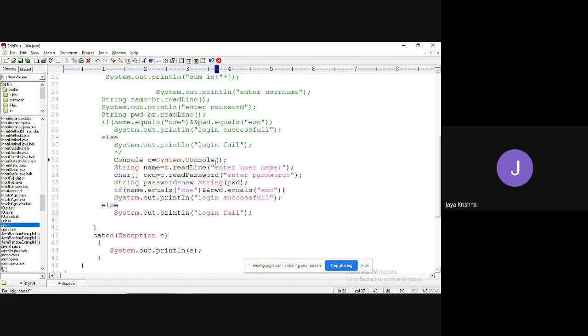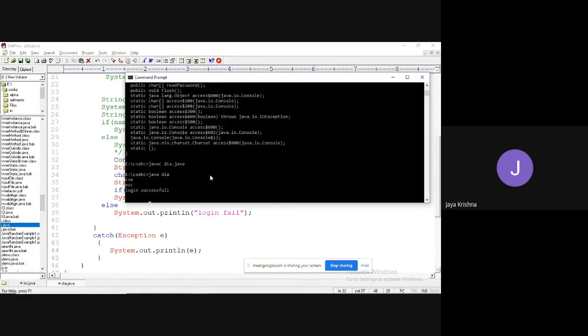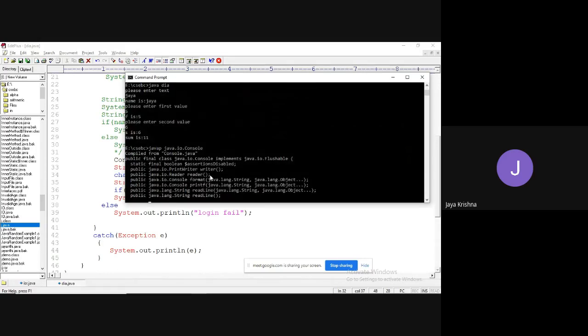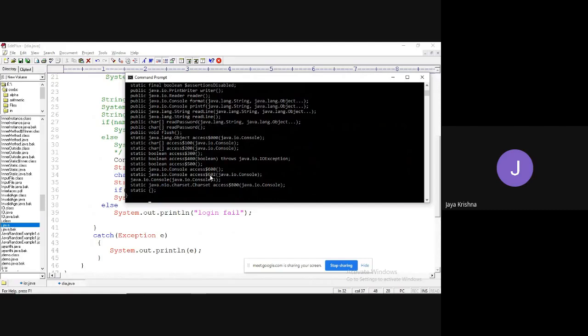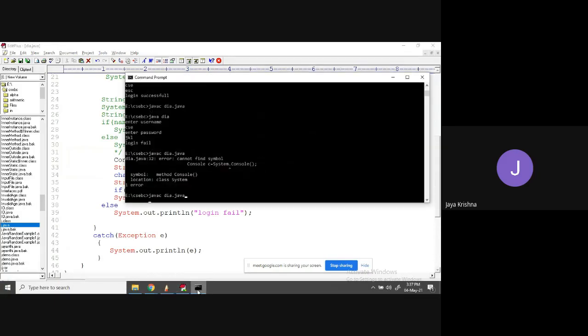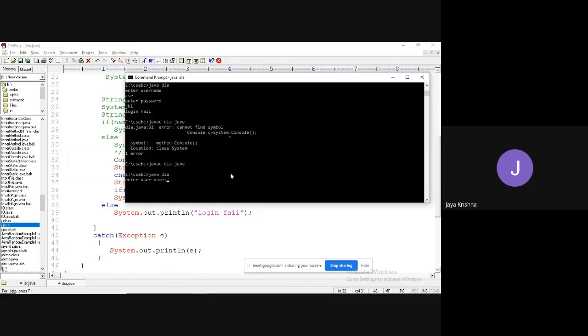Console is a method, right? Yes, observe, guys. So as it is a method, what is the rule of a method? The rule is that the first character should be a small letter. I hope you remember. Small letter. Successfully compiled. Java space Dia.